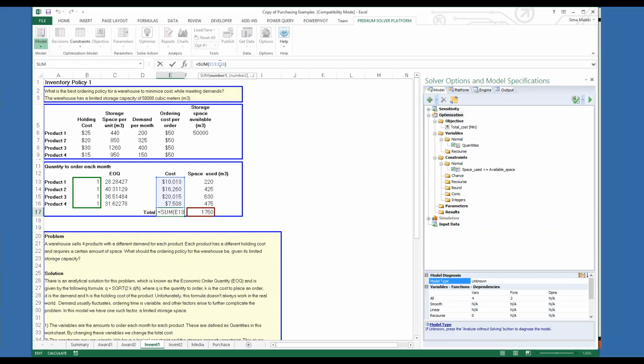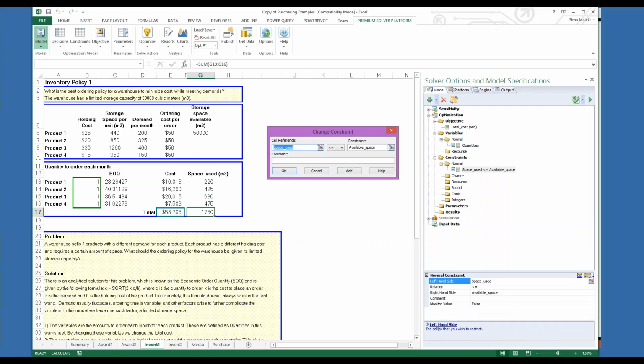Then I can show you that each sum, for example, for each of the products, is calculated by using this formula: holding cost times average inventory level plus the cost to place an order times average number of orders. And then we have the constraint: space used should be less than or equal to the available space for our